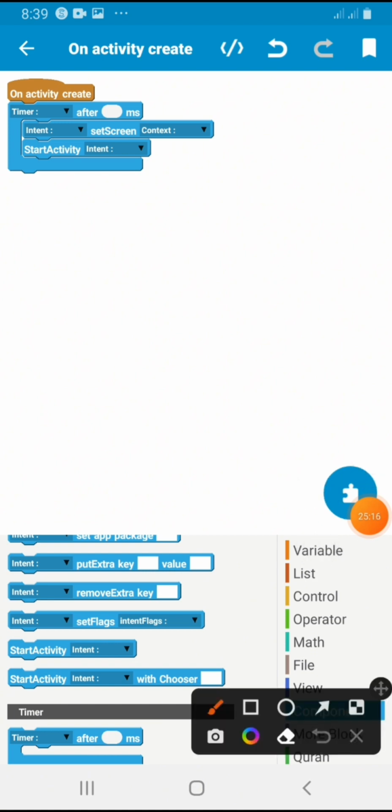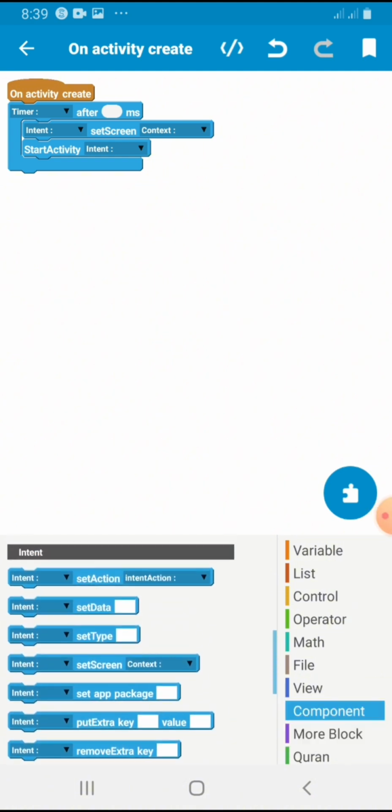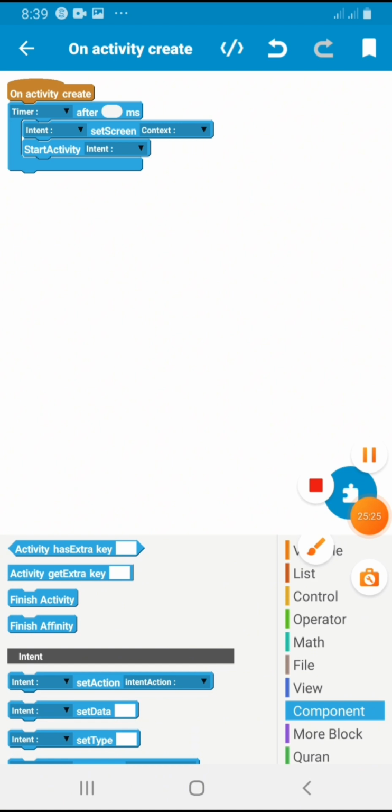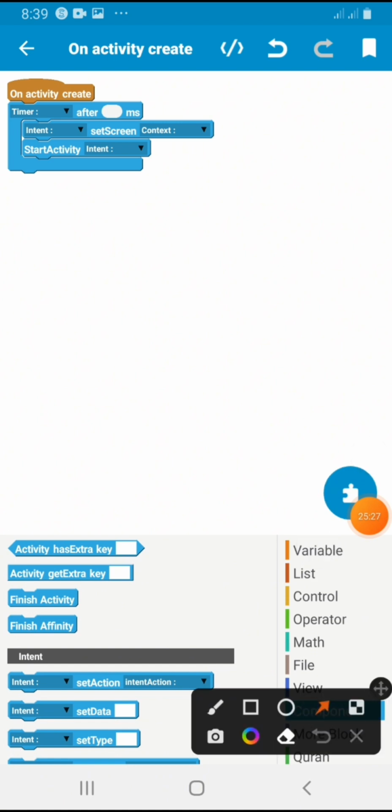We'll be needing intent, finish activity. Intent, finish activity. Which is this. Please, each time you